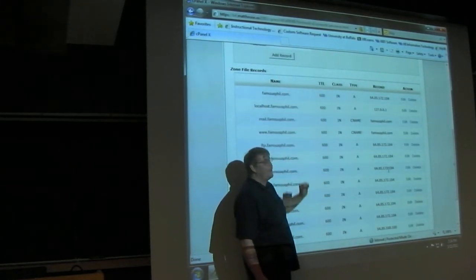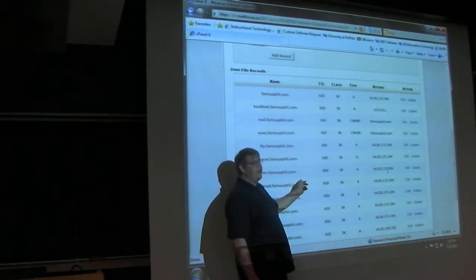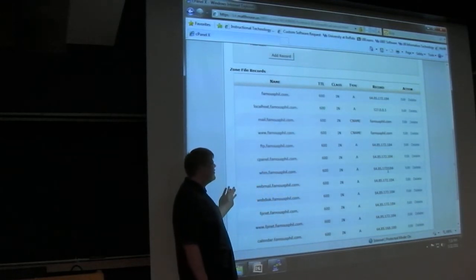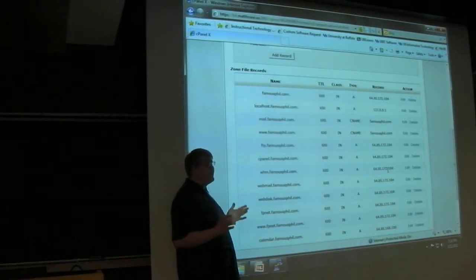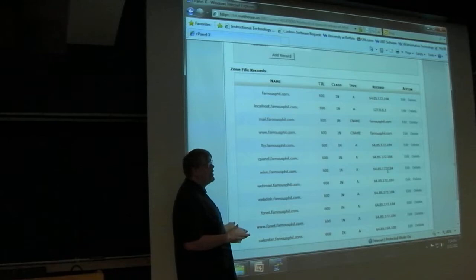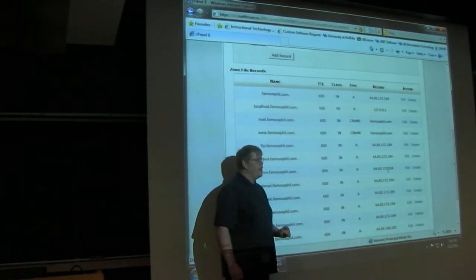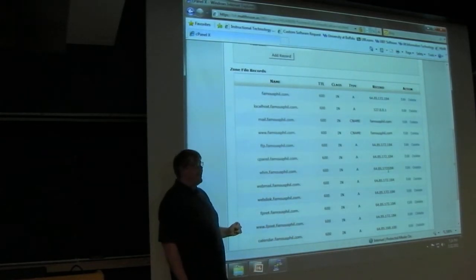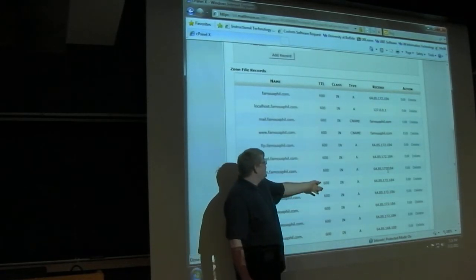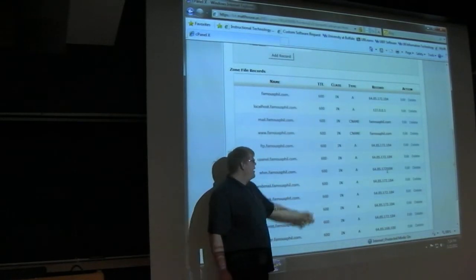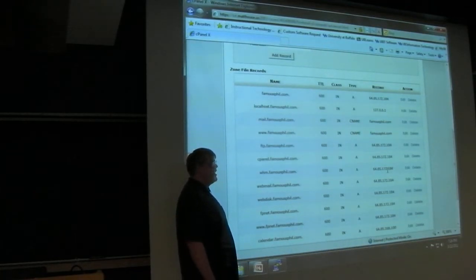Time to live, or TTL, means how many seconds you can cache this record on your local machine before it becomes invalid. So if you've ever read somewhere that it takes 24 to 48 hours typically for something to go around the internet and become valid from the domain registrar, that's because their records typically are 86,400 seconds, which is equivalent to a day. Sometimes it's even more, but it's usually 86,400. So you have your time to live of 600 on my website, because I like changing records quite often, and I don't care if you have to go to my server 30 times to get all the